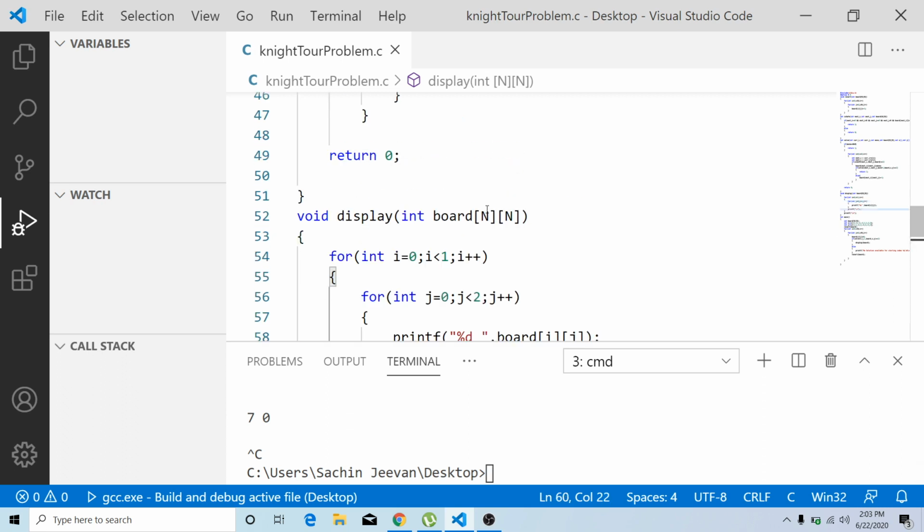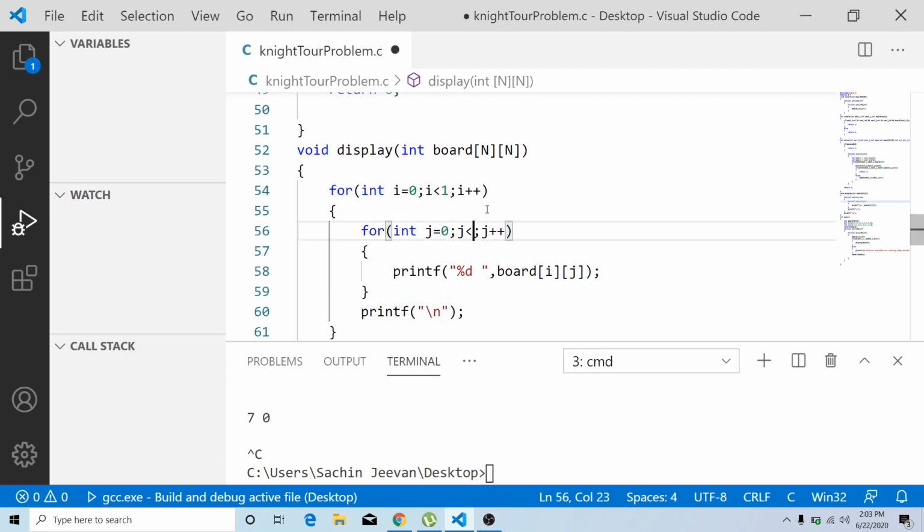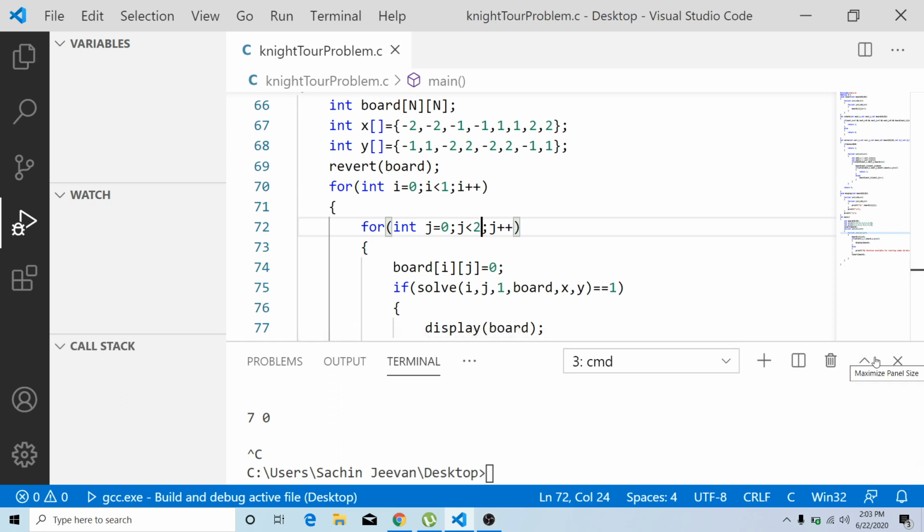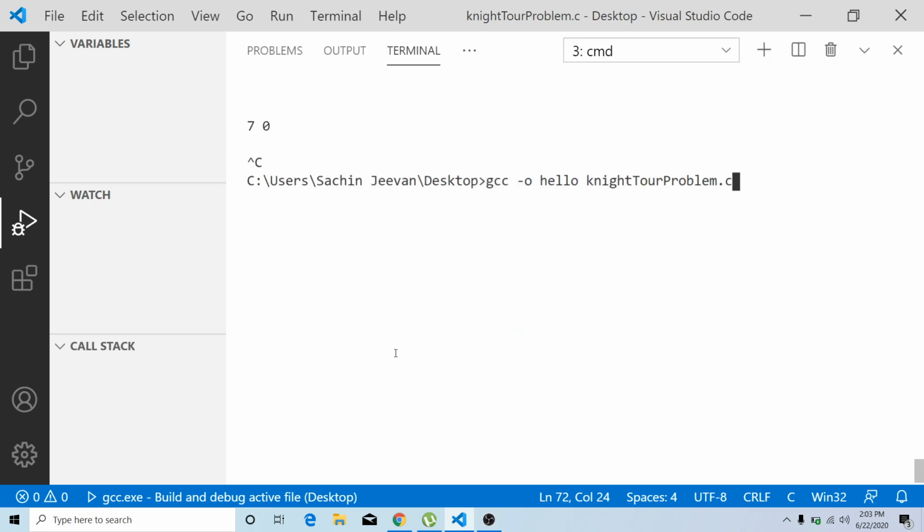Okay, sorry. This is actually the display function that we have changed. Am I right? Yes. So we should not be changing the display function. We should have changed it in the main function. You have a loop, right? So this thing we just changed to find the first 2 possibilities alone. Okay. So now I can go for the compilation process again.